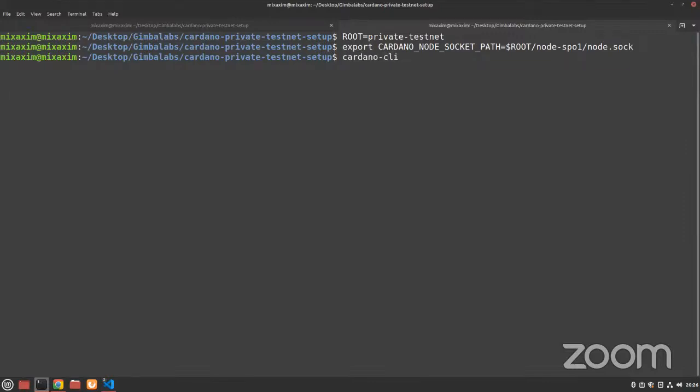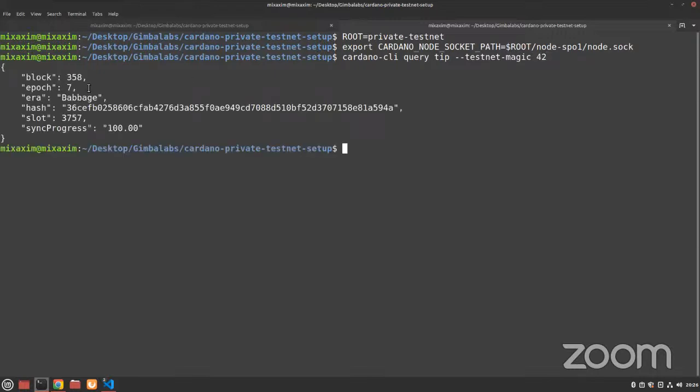And let's do that. The command is cardano-cli query tip, and then --testnet-magic 42. And we see that it's already in epoch 7, block 358, slot 3758. And why is that? Why these numbers? Well,